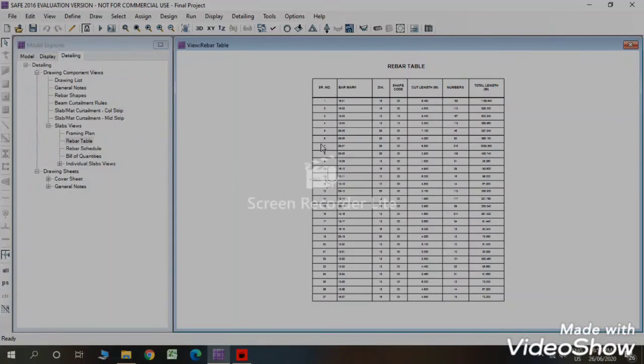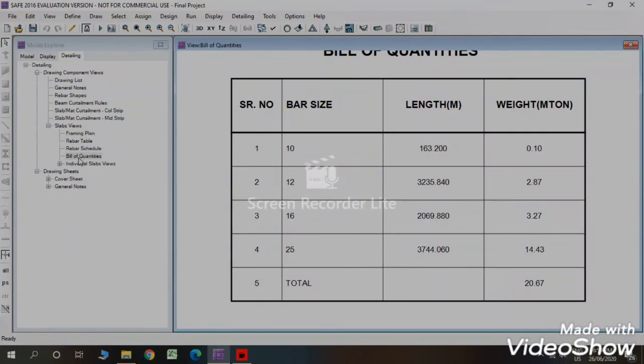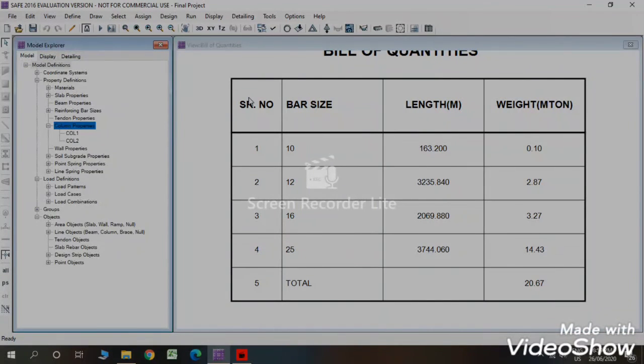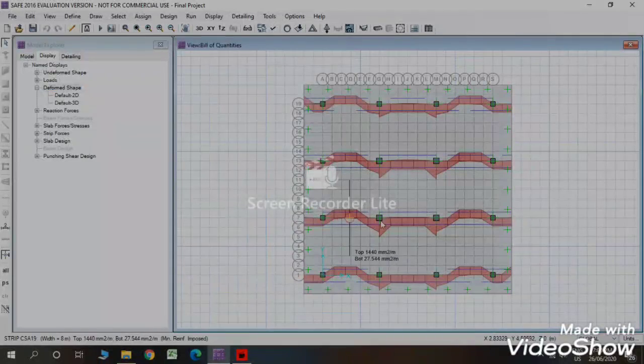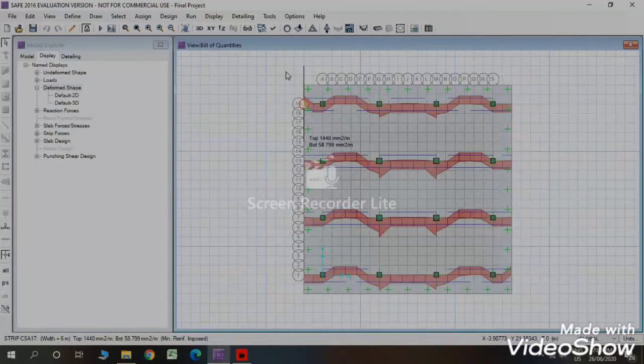We can see a rebar table, rebar schedule, bill of quantities. In this way, complete design of mat footing can be done by using SAFE software.